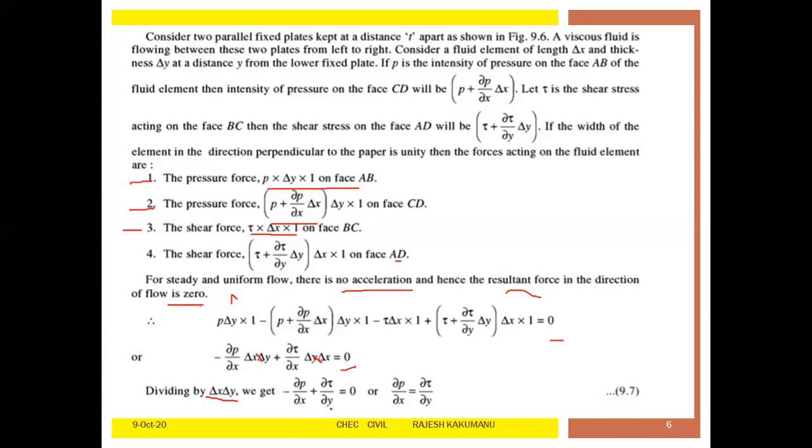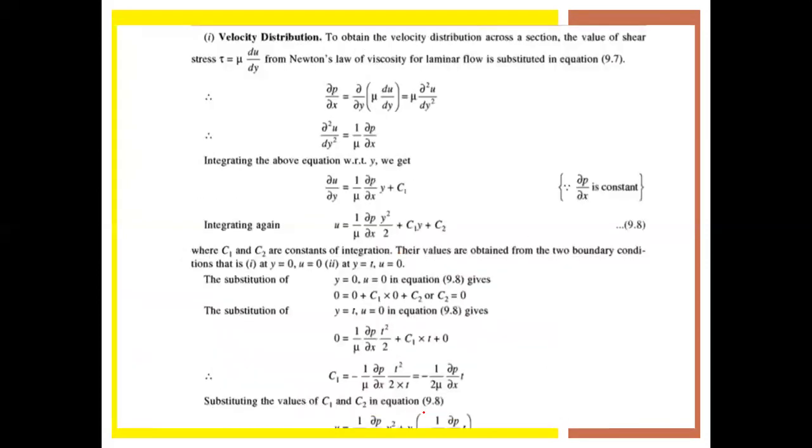We are getting ∂p/∂x + ∂τ/∂y = 0, or else ∂p/∂x = ∂τ/∂y, right? So this is the expression. Now with this expression, we will derive the formula for the velocity distribution. So coming to the velocity distribution,